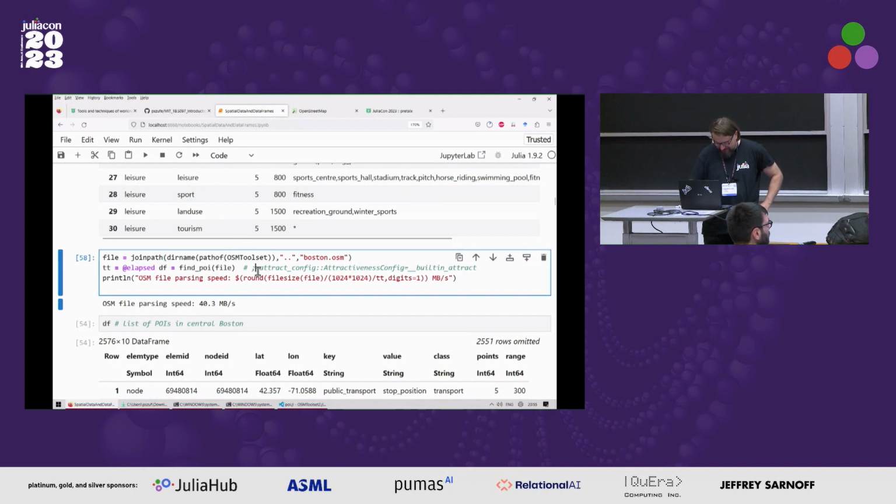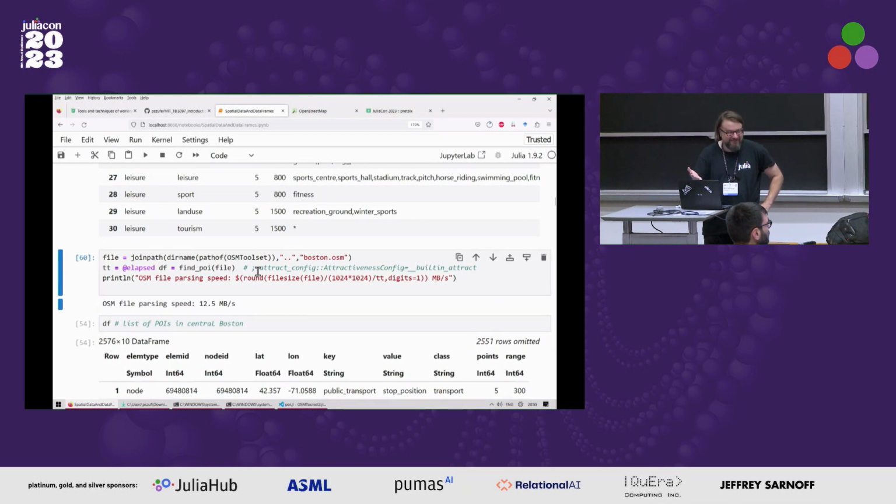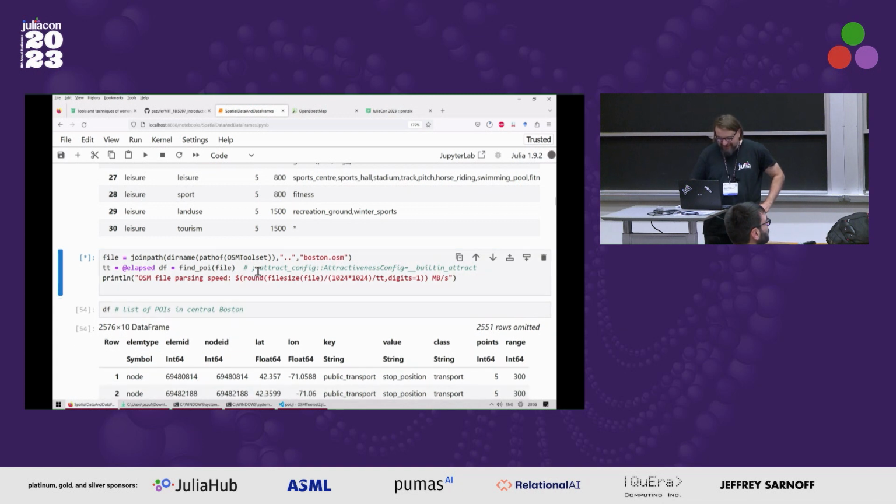Let's see what speed I get this time. It's kind of fluctuating on my laptop. Yeah, it was 40 megabytes per second. Now it's 12. But anyway,